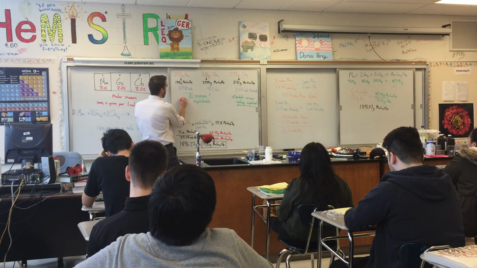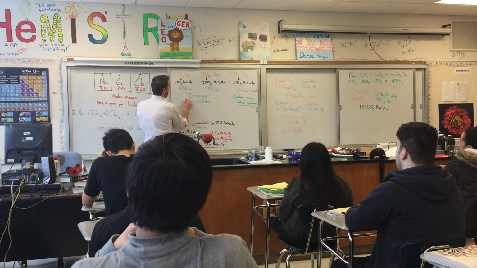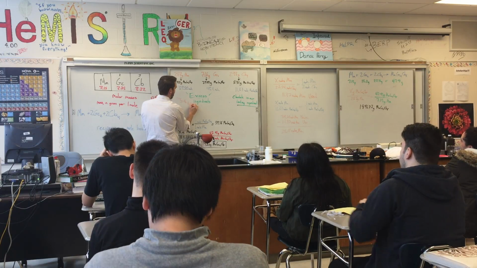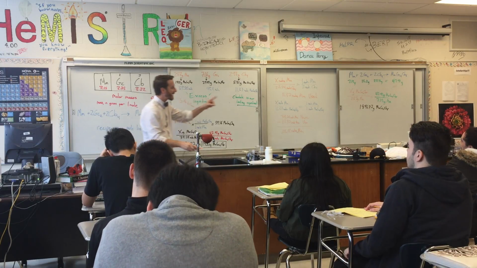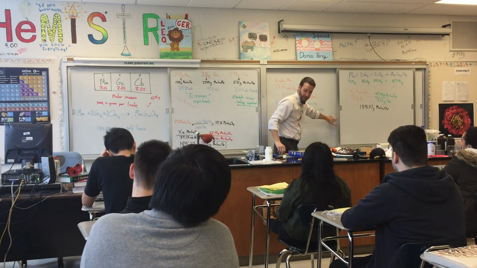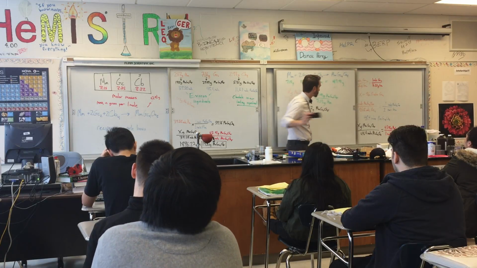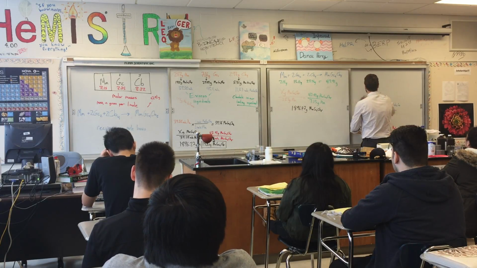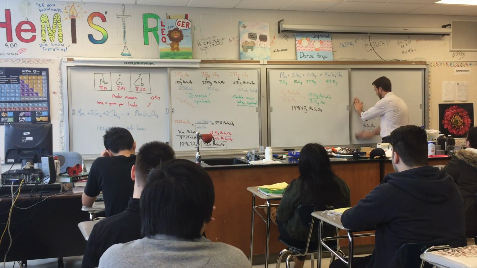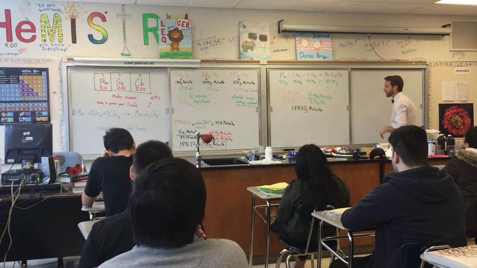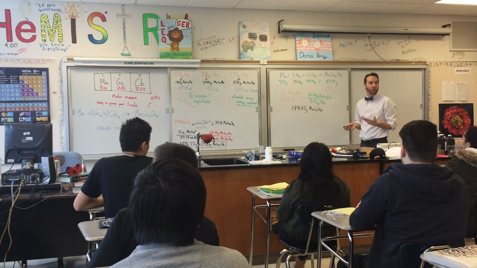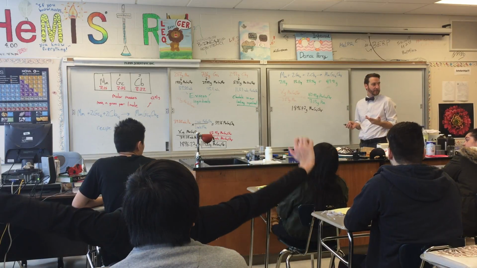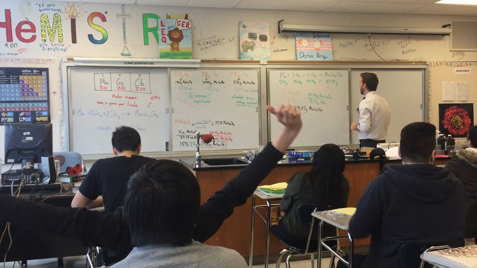Okay, so 201 grams of marshmallows left over. We can actually get that using these ratios here. But we have to know what the limiting ingredient is. We already know that, so I'm going to save us some time. We know the limiting